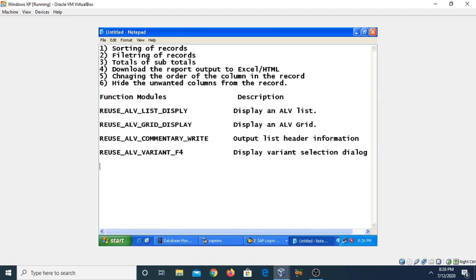Next one, REUSE_ALV_VARIANT_EXISTENCE. By this function module, you can check whether a variant exists or not.